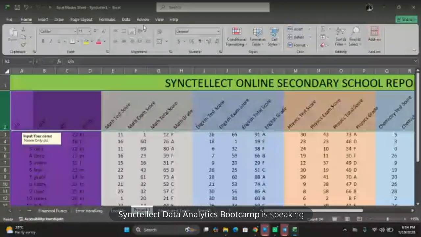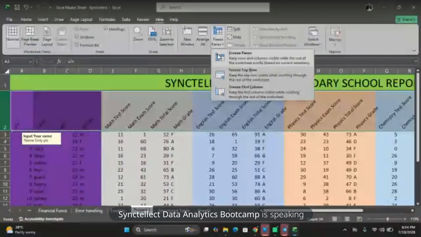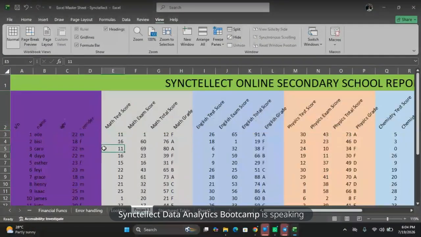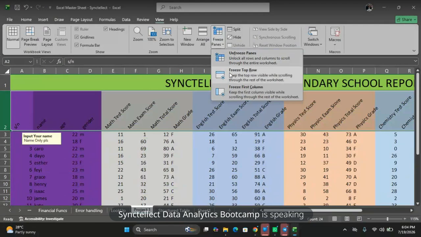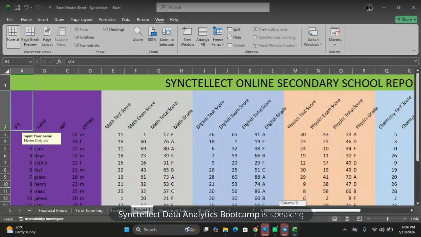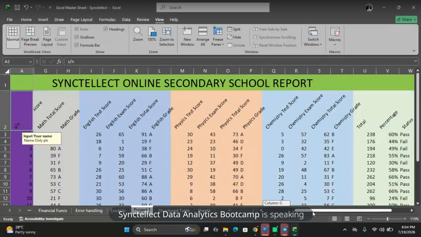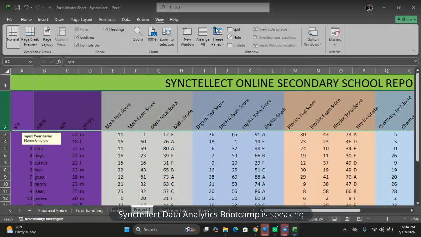Let me go to View. Yeah, there's a View, there's Freeze Panes. Freeze top row. You want to freeze top row. Freeze first column. No, that freezes the first column. I don't want to freeze the first column, I don't really need it. What I want to freeze is